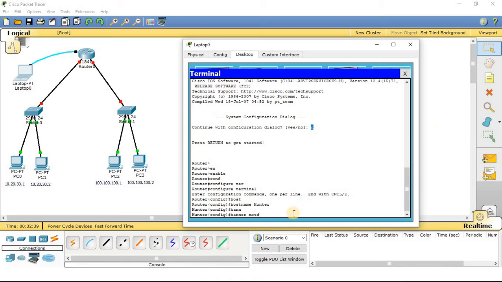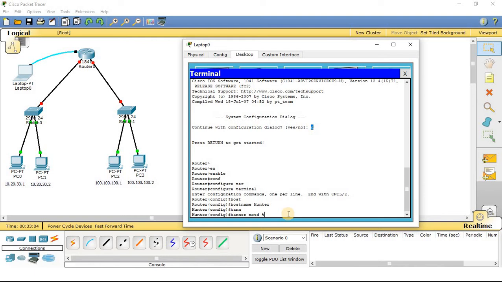So write down the command in your notebook, banner MOTD, followed by any symbol, any special character. It could be hash, it could be percentage, or anything, but it should not be a number or an alphabet. It should be a special character.